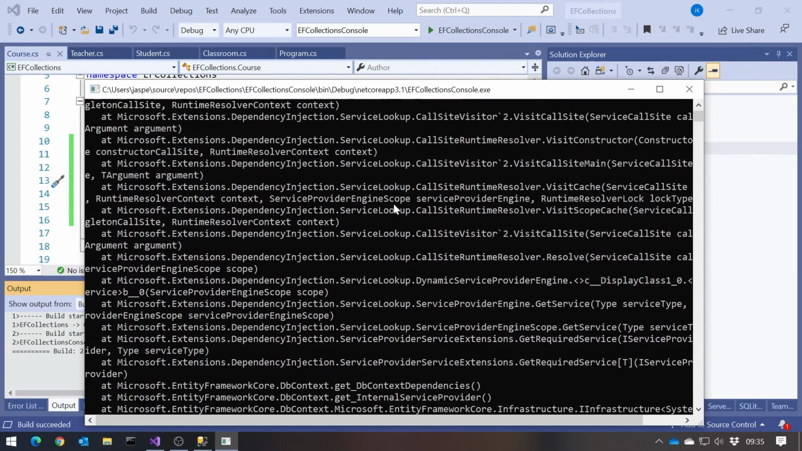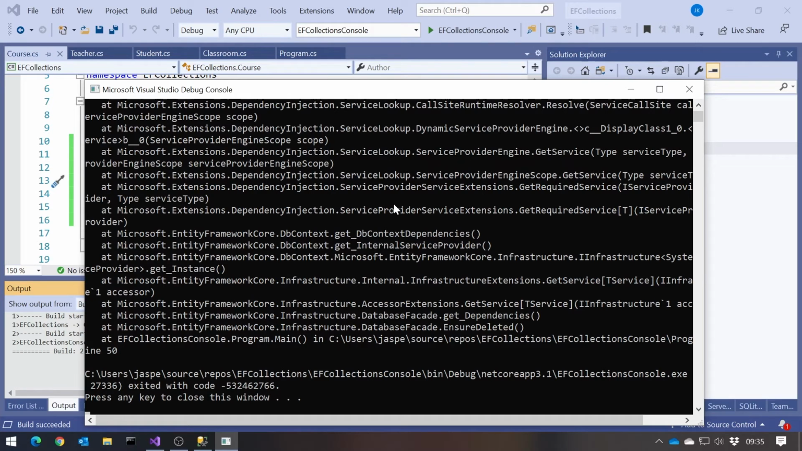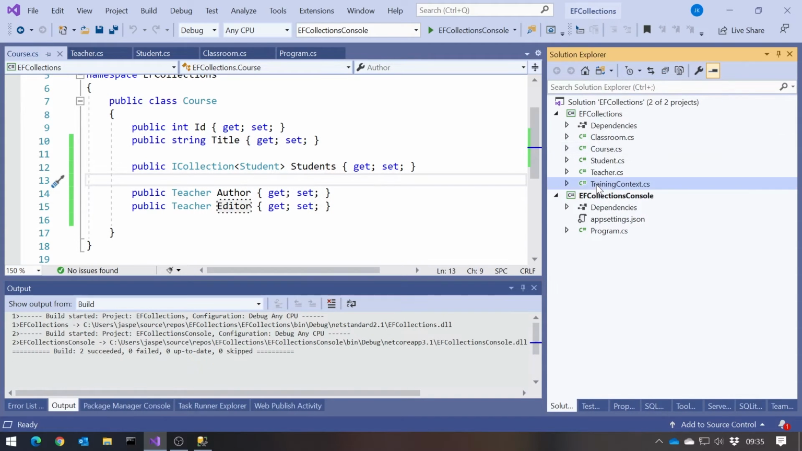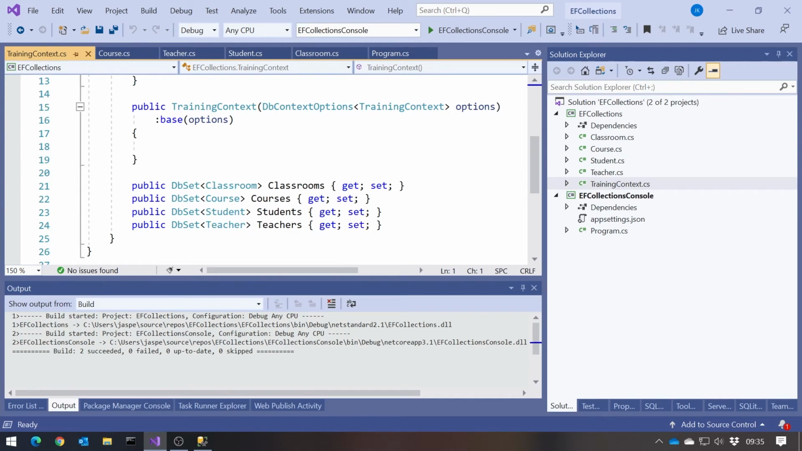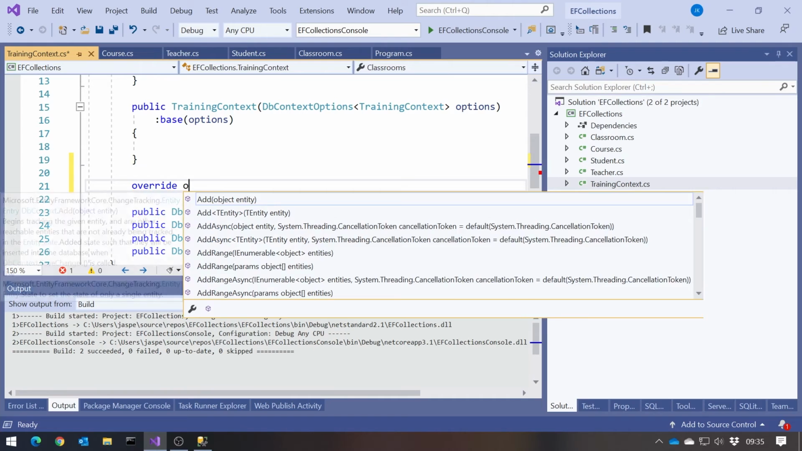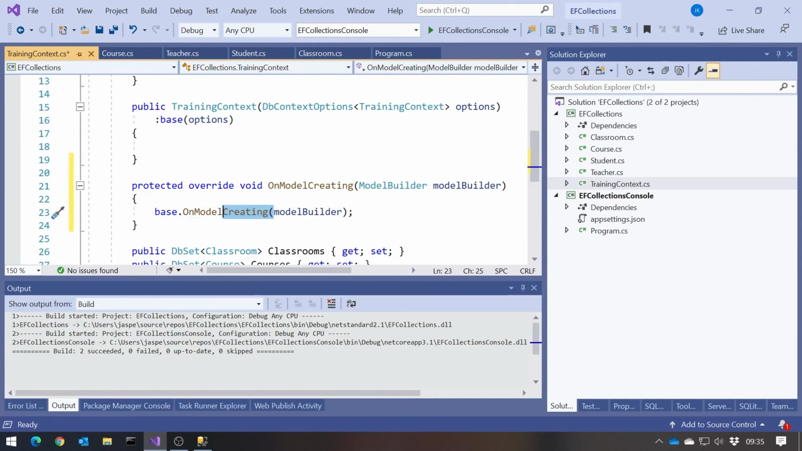But sadly it doesn't. It gets confused at this point. There's a clash between those things, and this is actually something that we've got to resolve using the Fluent API, which we saw last time. So let's do that. Let's go into our training context, and as ever, when we want to start using the Fluent API, we do an override of OnModelCreating, and then we take our model builder,